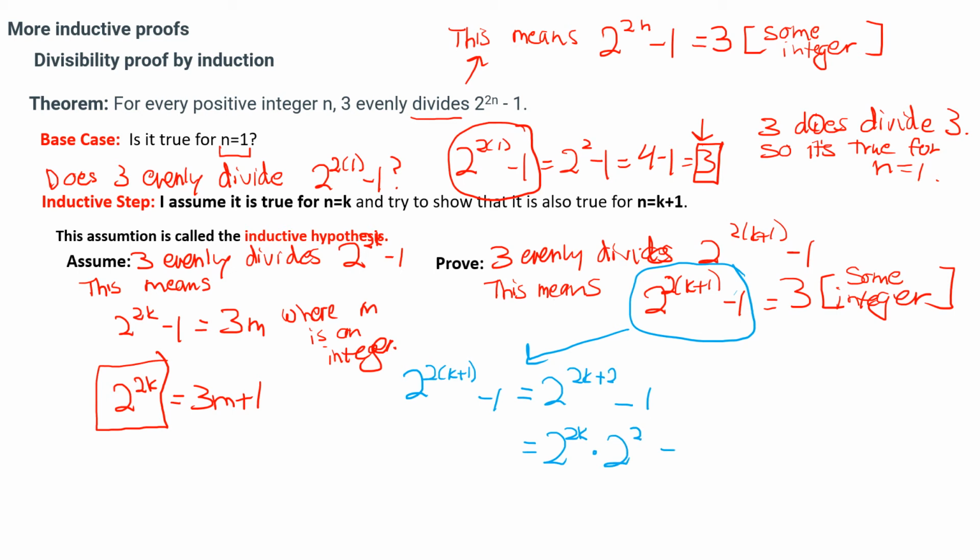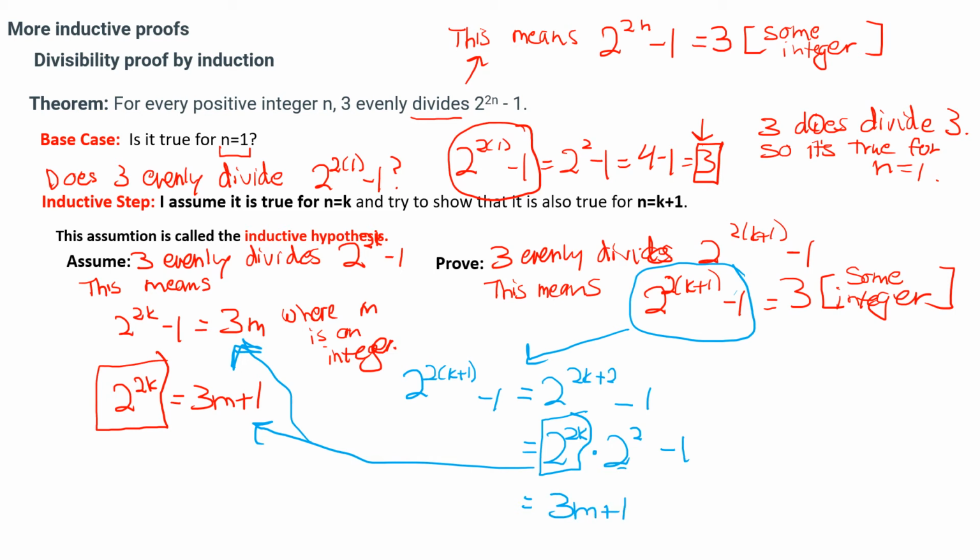And then all of that minus 1. But now here's where we can replace this 2 to the 2k with what we know it to be over here. So if you hadn't gone this far yet and we're still up there, then you'd say, oh well, I'll just go one step further so that I can know what 2 to the 2k is, so I can replace it. So then 2 to the 2k we know is equal to 3m plus 1,